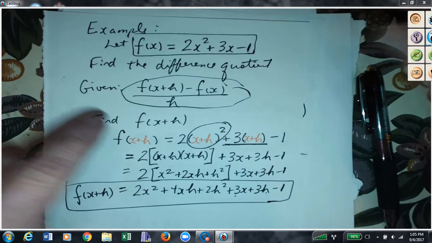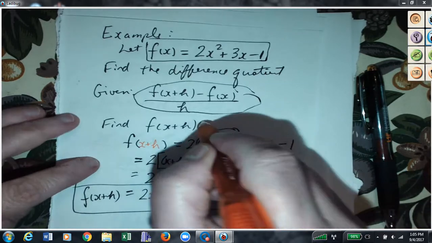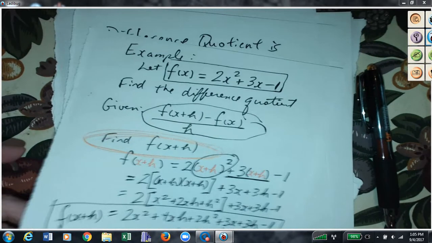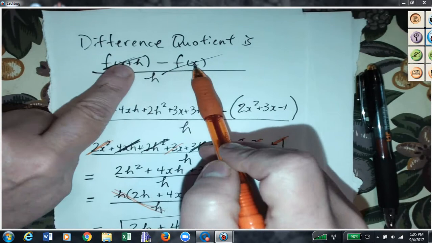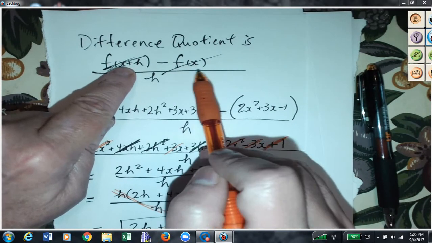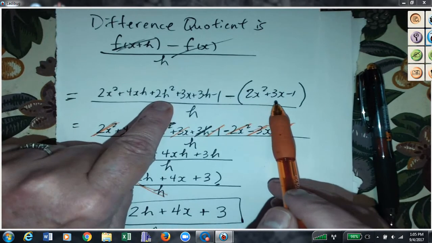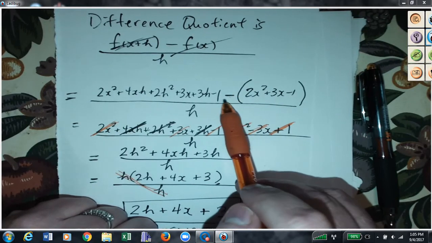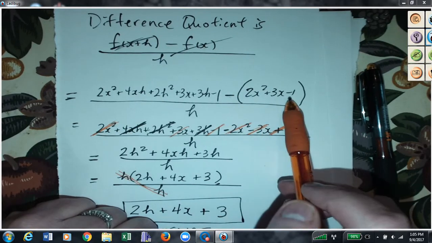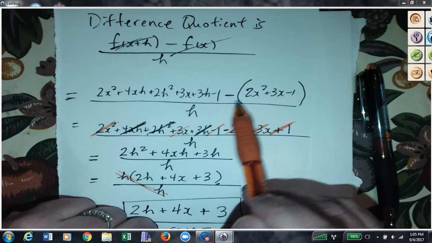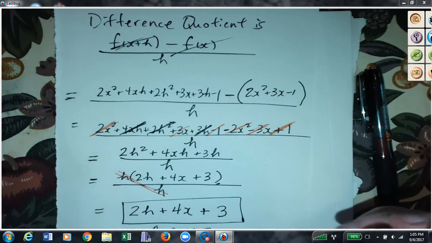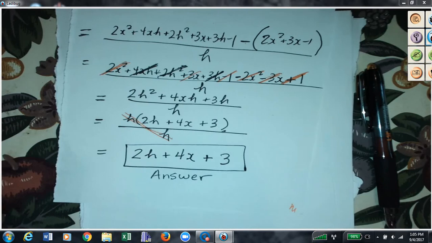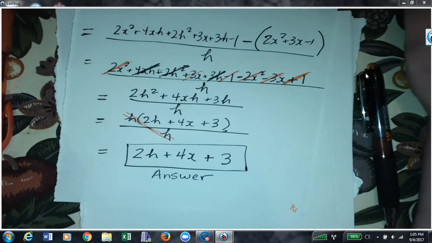So the first thing you have to do is to find f of x plus h. Once you find that, then you need that and your original one put into the equation. Most common mistake here is the student will not put the negative sign all the way through. They just apply it to the first term, and that's why everything comes undone and you're not able to cancel the h's at the end. Okay, so that finishes the lecture on the difference